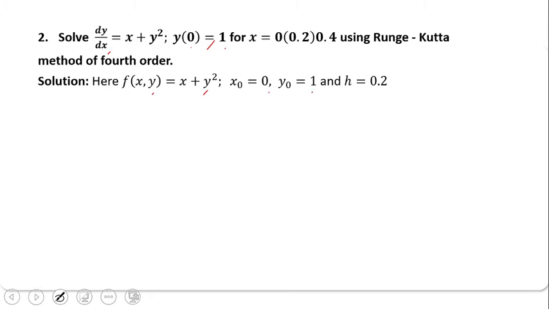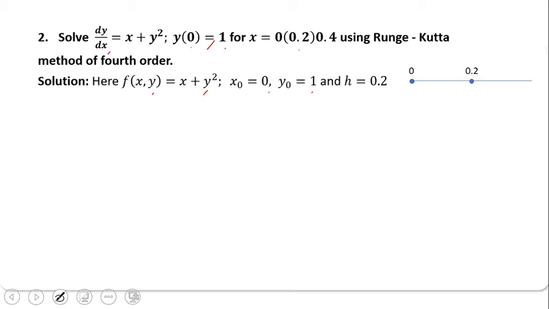And also here x is incrementing with the step value 0.2. So h is equal to 0.2 here. Now write down the real line. Now take your point 0 on that, which is the initial point. Now add h is equal to 0.2 to this point. Then 0 plus 0.2 is 0.2, which is the next point.